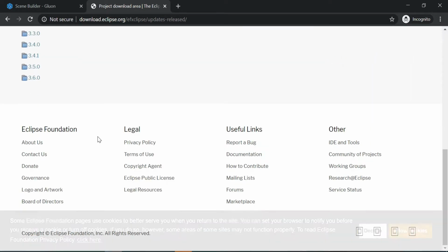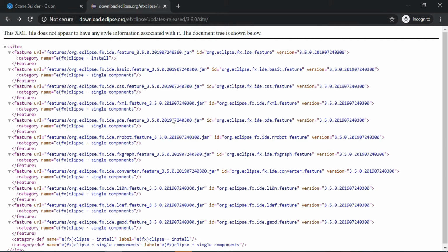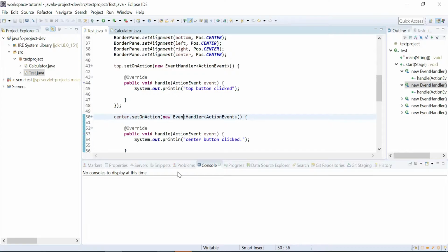If you look here, it is the latest available version. That's why I have taken the latest version, 3.6.0. Even if in the future you see this video after 3.7 or 4 point something has been released, you can go ahead and use the latest available plugin. My Eclipse is Photon.